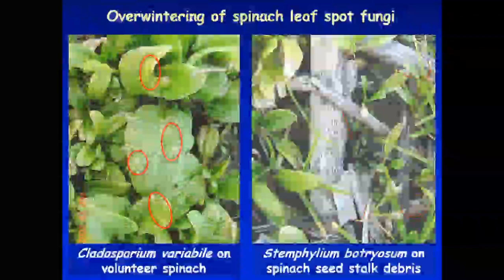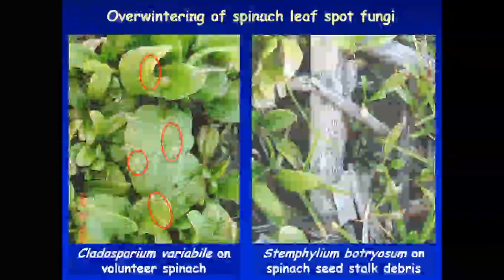And if those stem pieces stay on the surface of the soil, you see those, I've circled these tiny little pinhead-sized black spots. Each of those little black dots is a fungal fruiting body. Each of them will produce tens of thousands of spores in the spring. Now, what was interesting is I was never able to find those fungal fruiting bodies forming on residues that were buried or on the side of the residue that was in contact with the soil.